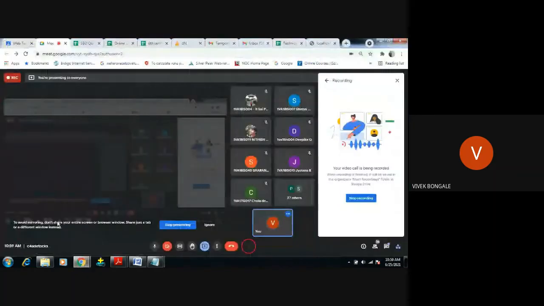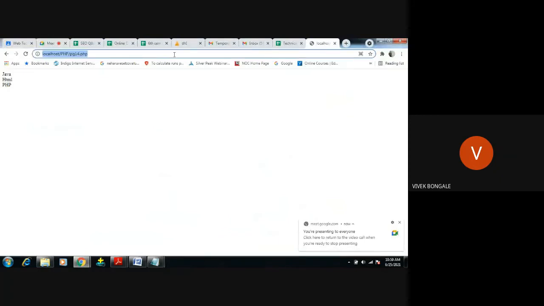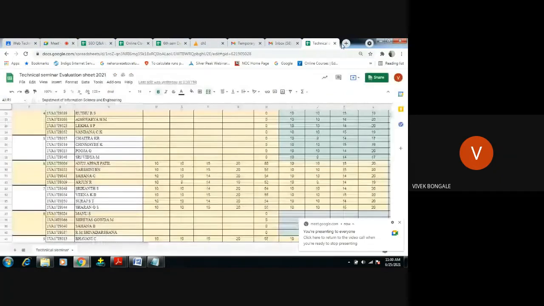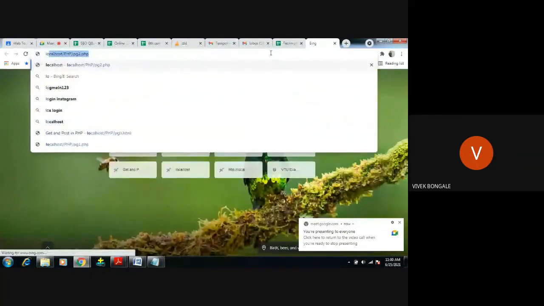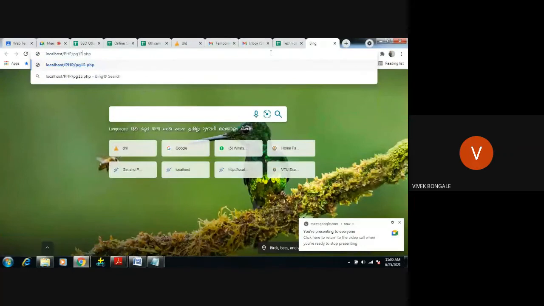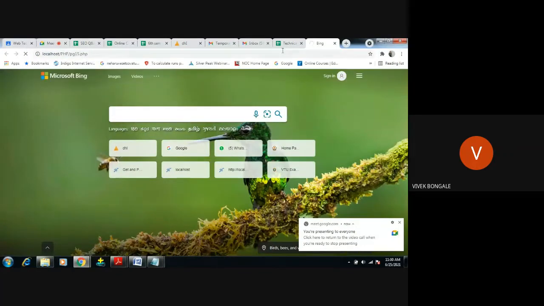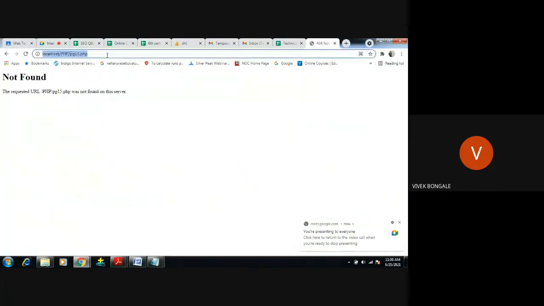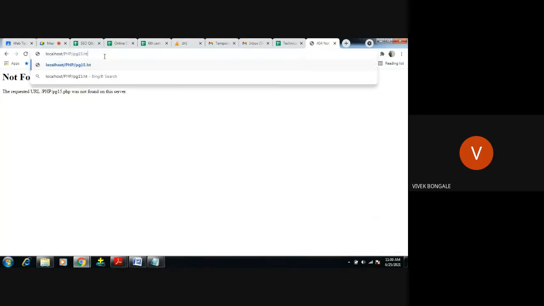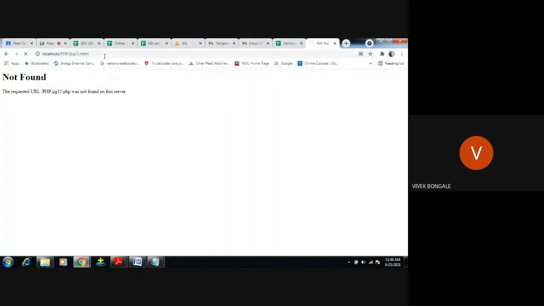Go to localhost, get, program 15.html. You get a form here with name and password. I'm giving some name like Vivek. Then the password like 1 2 3 4 5 6. After submitting at the client side,